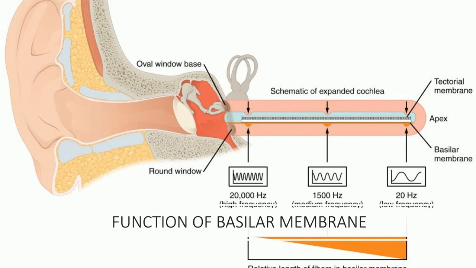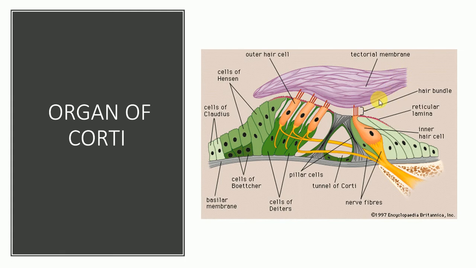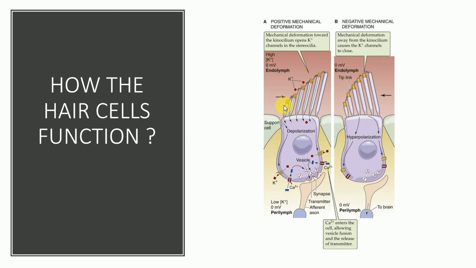Now, once that occurs, the fluid endolymph rushes between here, the tectorial membrane and the cilia of the hair cells. Once this fluid rushes in, two things can happen. The stereocilia can either beat towards the kinocilium or they can beat away from the kinocilium. Now, what happens if they beat towards the kinocilium? These channels open. Positive charge rushes in, there is depolarization, and action potentials are sent by this peripheral process of the spiral ganglion to the CNS: sound perception.